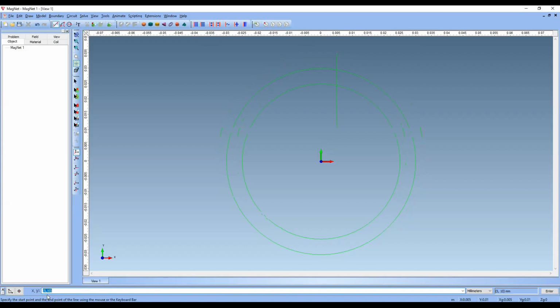Now again I want to draw a line. So again I am selecting a line. I want to put it in this direction also. So now it is -5 comma 10. Now this I am taking as my starting point. Here I am putting my pen, and this is my starting point, and I will end it at 35.